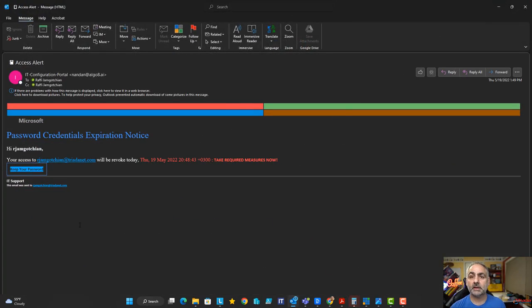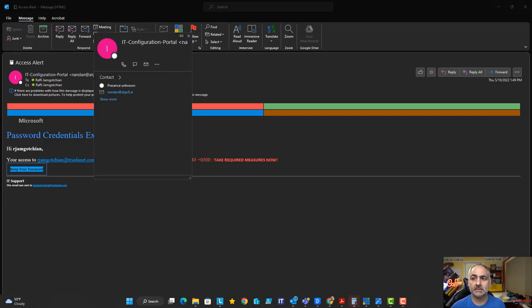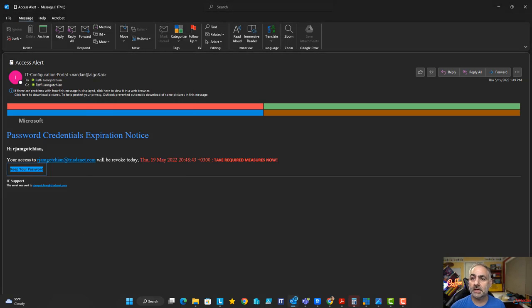And then finally, the classic, your password is expired. Click on this link to change your password. We're looking at sender. It's from algo8.ai. I don't know what that is. That's not my IT company, and it's not my own company. In this case, it's showing this is not even the email address I normally use, so that was a giveaway here. And if I hover over the keep your password link, it's linking to Snapchat, which is an interesting thing.